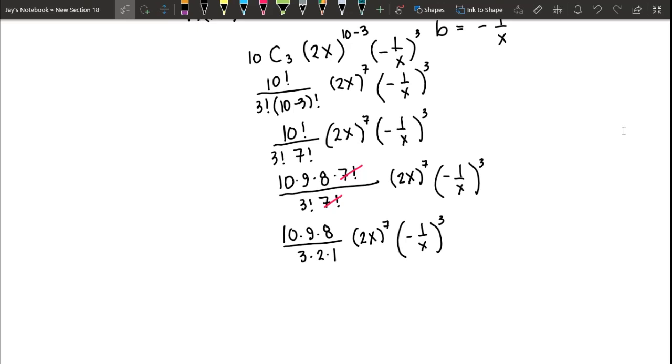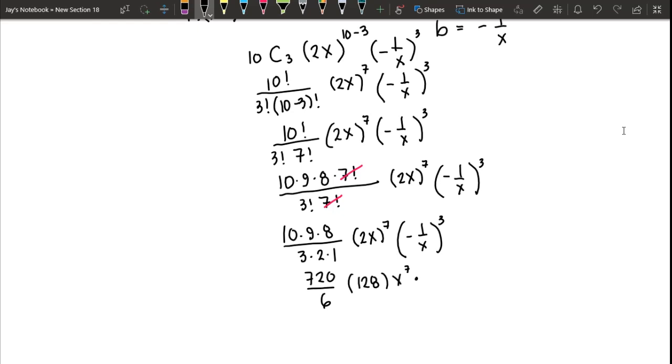This gives us 720 divided by 6 times, now we can simplify it, 2 raised to 7, that would give us 128 times x raised to 7 times